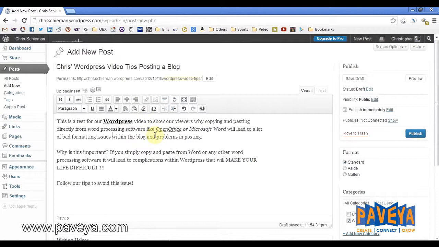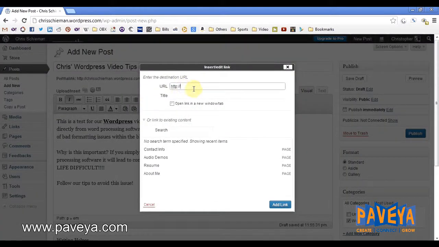Now, if you want to add a link, which most people do in their blogs, I will show you how to do that. You just want to highlight the words that you want to have provide a link to, and then you're going to go up here and insert edit link, and we're going to go to Paveya's website with this link,